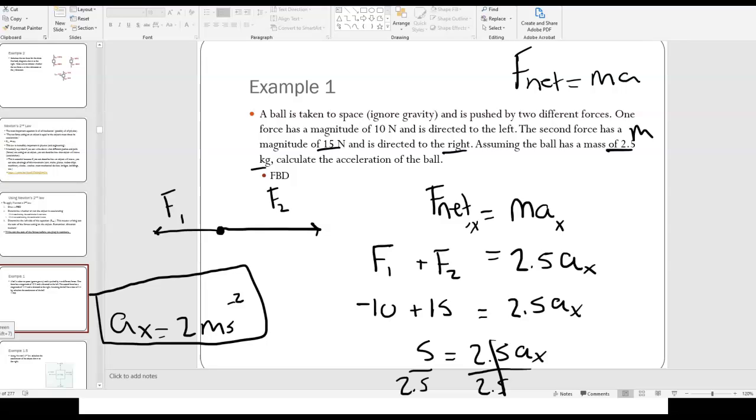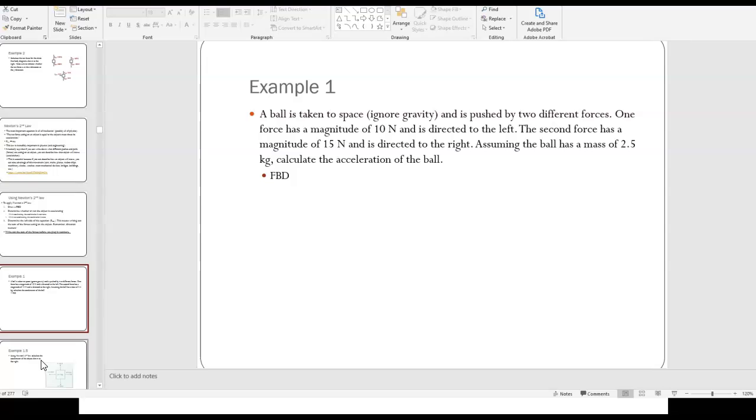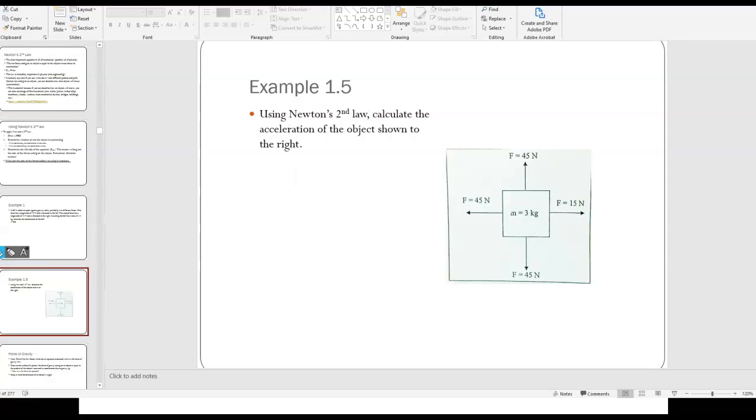Okay, let's do another basic problem. Example 1.5. It says, using Newton's second law, calculate the acceleration of the object shown to the right. Now here we actually have a two-dimensional problem. You can see from the free body diagram we actually have forces in the x direction and in the y direction. And don't forget when you see that, because the approach is the exact same, we just have to go